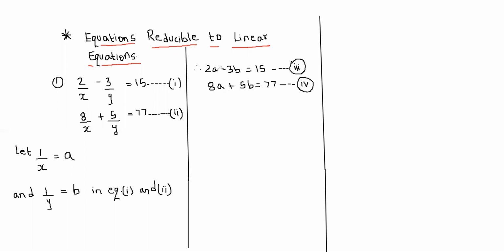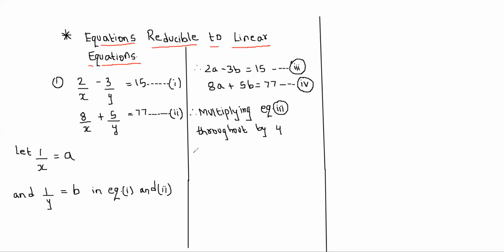So it is 2a, students. 2 when multiplied by 4 will give us 8a. So we are going to multiply 2a by 4. Can you multiply only 2a? No, we need to multiply the entire equation. So our next step is multiplying the third equation throughout by 4. Throughout means each term we are multiplying by 4.